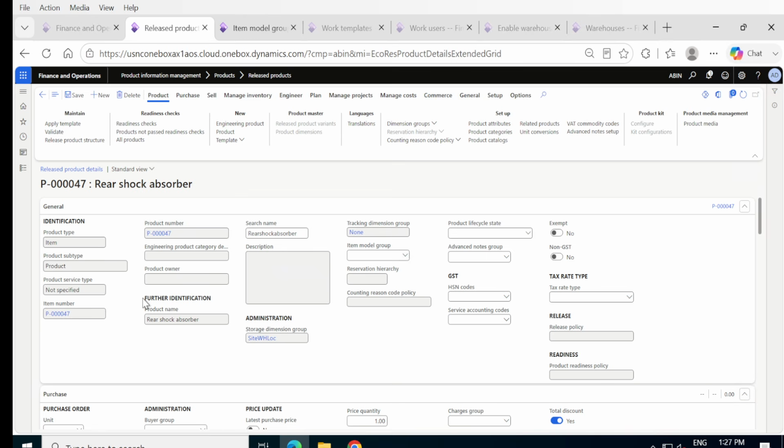So I was actually trying to check the storage dimension group. Here, item model group, what I decided is I'm going to use the same item model group. Let me use this instead of creating a new one. I wanted to use the existing one because the rear shock absorber is a spare part I would like to treat as such. So I'm not going to create a new one. I'm going to use the existing one, the spare parts item model group. And then